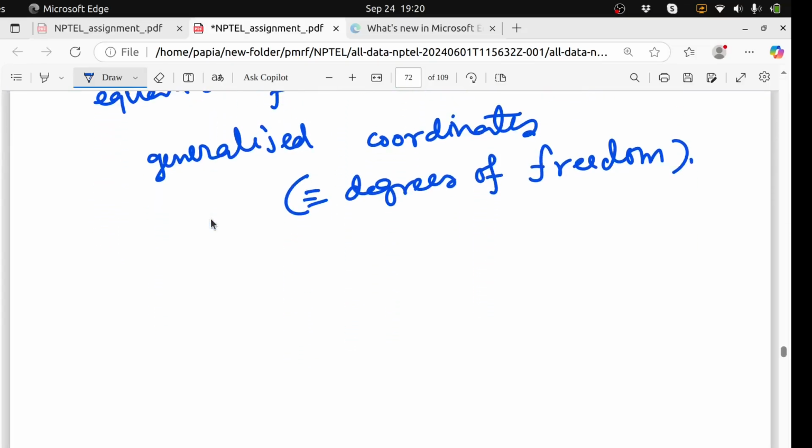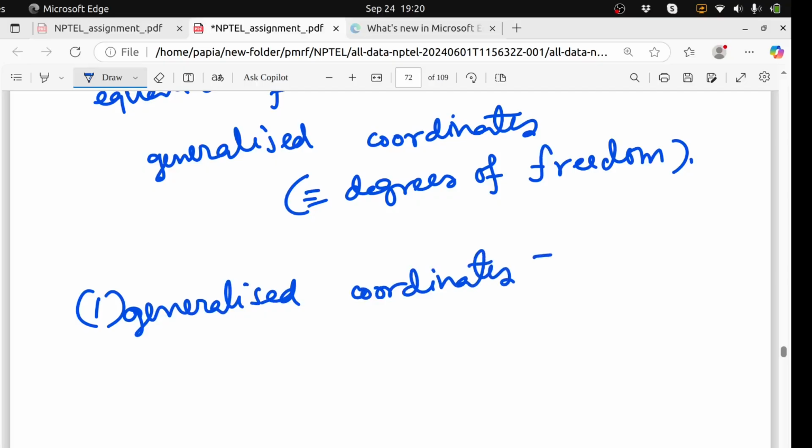So what are these? First I just want to mention that generalized coordinates are exactly similar to degrees of freedom, meaning